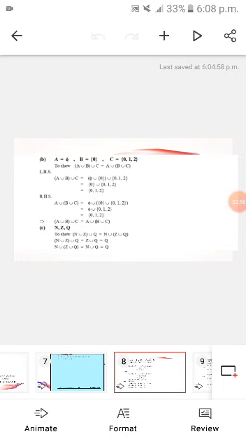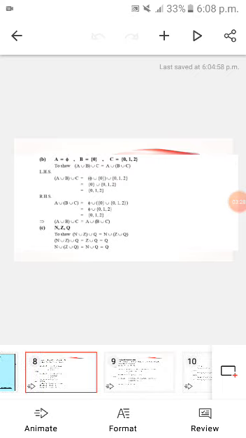Part number B is, here also three subsets are given. We want to show that (A union B) union C is equal to A union (B union C). Firstly solve the left hand side, in which firstly take A union B and then take its union with the C subset. Similarly the right hand side, firstly take B union C and then take its union with the A subset. Both left hand side and right hand side results are equal. It means that associativity of union holds here. Similarly part number 3 is your assignment, it is solved here to make your practice easier.